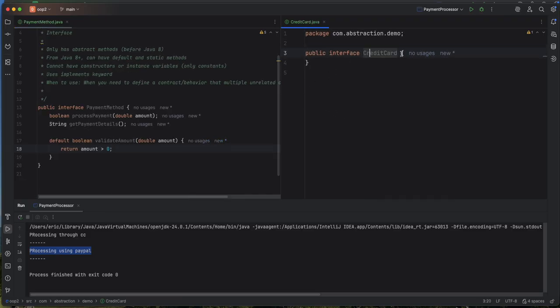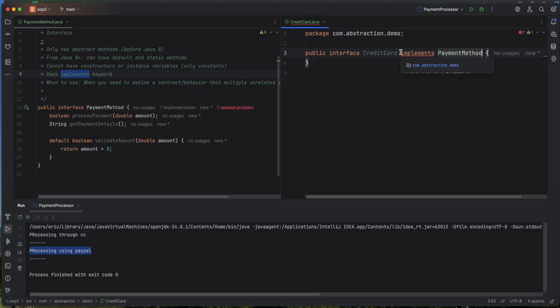Okay. So how do we use it? We use the implements keyword. Here, CreditCard implements PaymentMethod, and it will show an error because